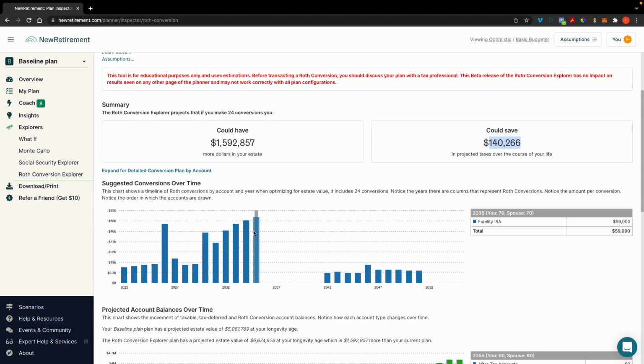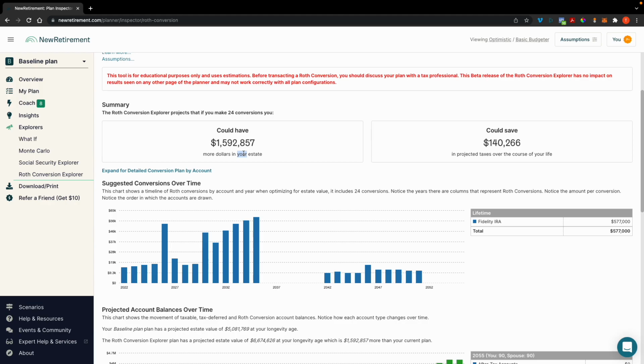But that isn't necessarily optimal. It could be optimal from a how-much-more-you-could-have-in-your-estate standpoint, potentially, but not necessarily for living your retirement in cash flow, because for every conversion that you make, you have to pay taxes.